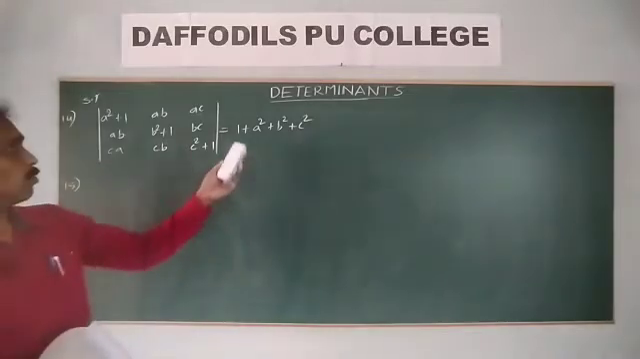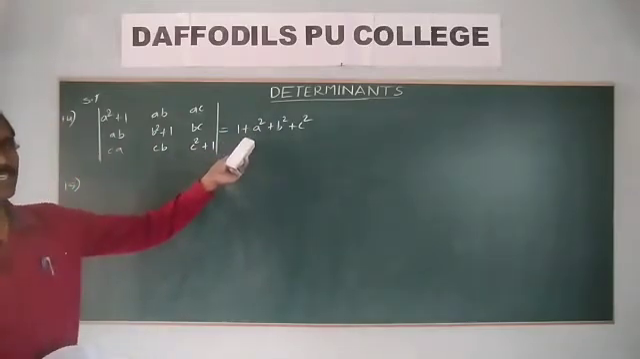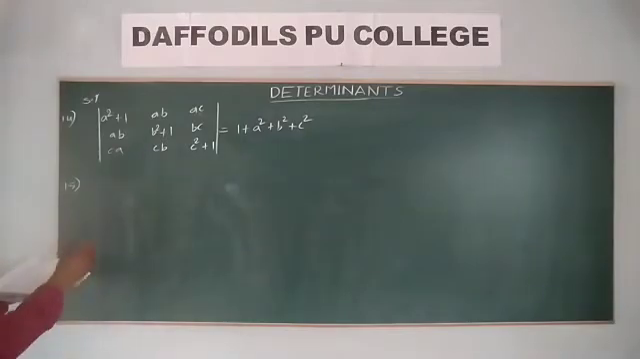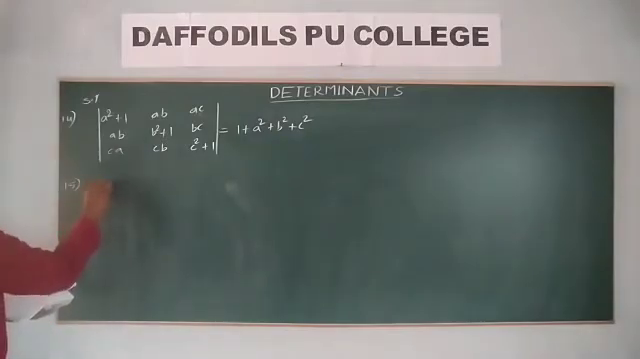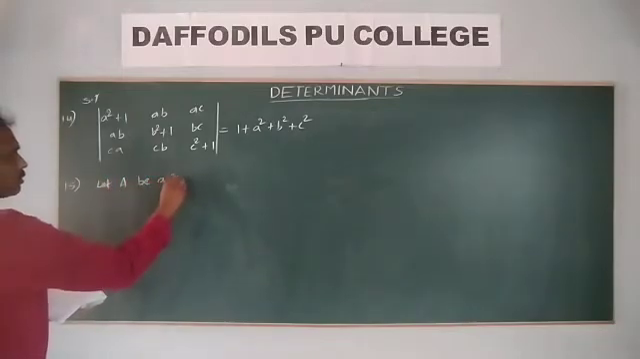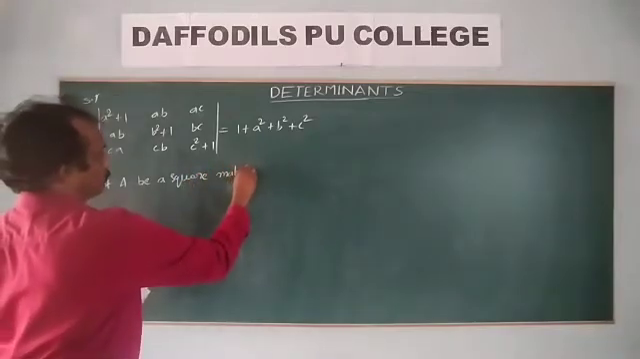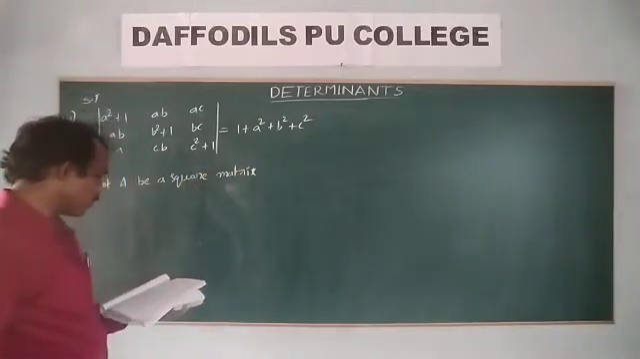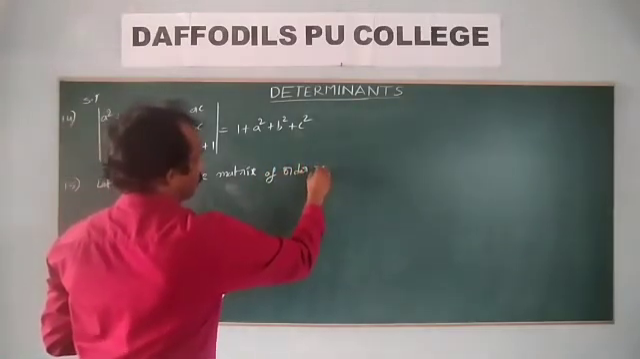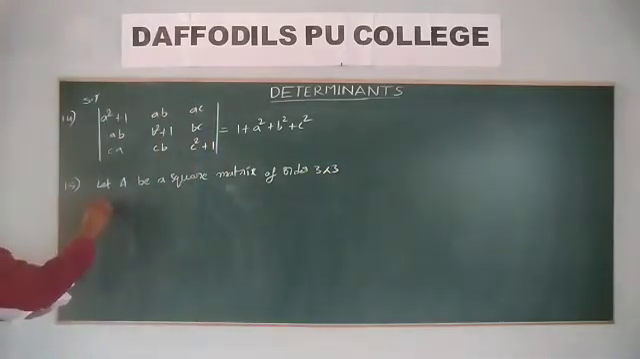Problem 15. Here 1 plus a square plus b square plus c square is the RHS. How to get that value? Okay, we'll try this problem. Let A be a square matrix of order 3 by 3. Then